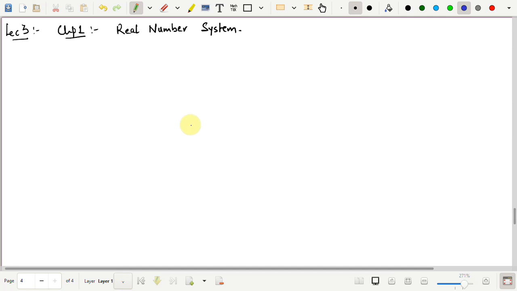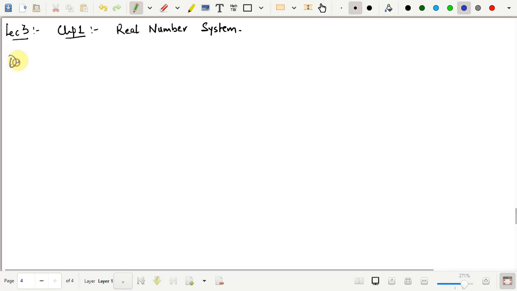This is lecture 3 on the course calculus of one variable. Under this session we will be discussing the notion of least upper bound or supremum and the greatest lower bound or infimum. Having learned the notion of upper bound and lower bound, we can discuss the notion of supremum and infimum now. So let us define the first term, that is